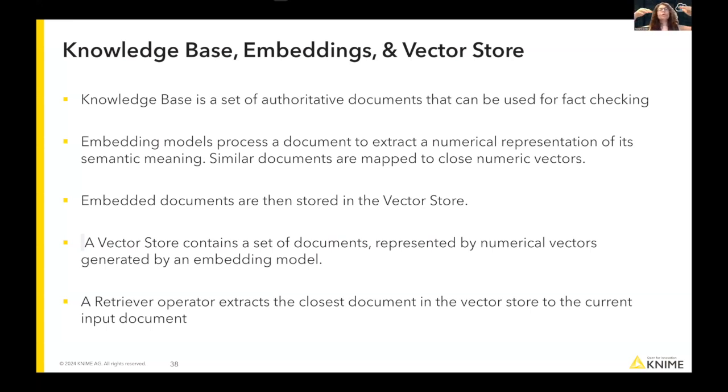It works like that. So you take your documents in the knowledge base, you pass them through an embedding model. The embedding model produces a numerical representation of each document, and these numerical representations are stored in some place, which we call the vector store. So the vector store will be a place that contains the set of documents from the knowledge base represented as numerical vectors once they've gone through the embedding model. So the vector store contains all these documents, all these numerical vectors, and the nice property is that numerical vectors are closer if they represent semantically similar documents. So documents that are similar in the knowledge base are going to be mapped to close numerical vectors in the